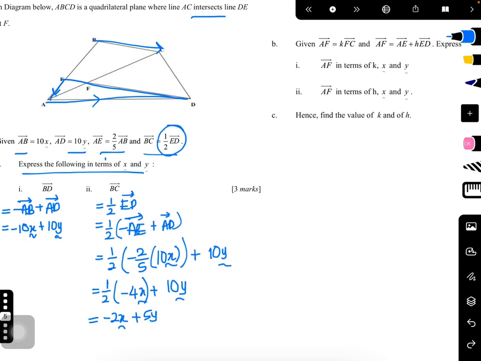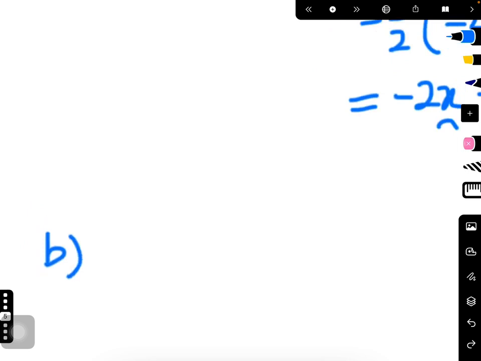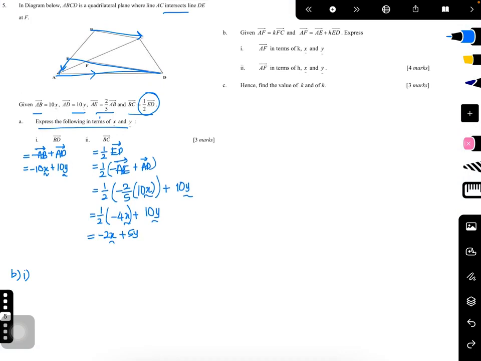Okay, for question B1. Given AF equals KFC, parallel again, because that is the constant given. So AF equals KFC and AF equals AE plus HED. Okay, we need to find AF, but in terms of K, x, y and H, x, y. So when it involves K, we need to use this. When it involves H, we need to use this. Okay, firstly,